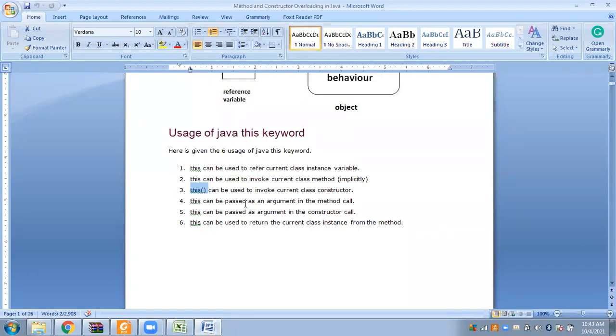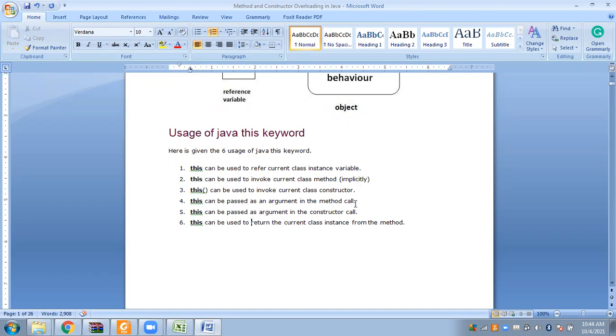This can be passed as an argument in the method call. Just like you pass ordinary variables or objects to methods, you can also pass this keyword to methods as an argument.